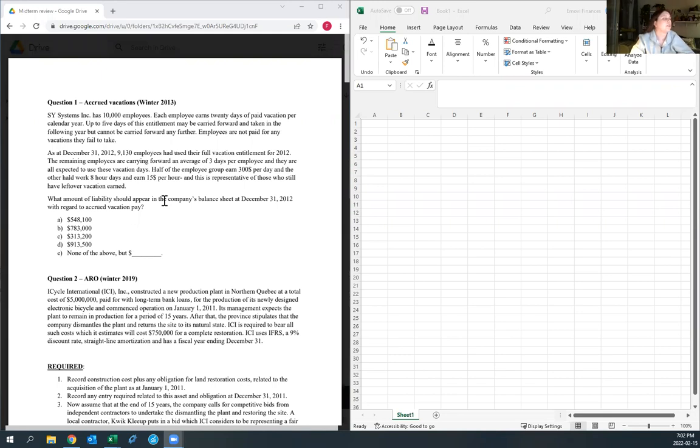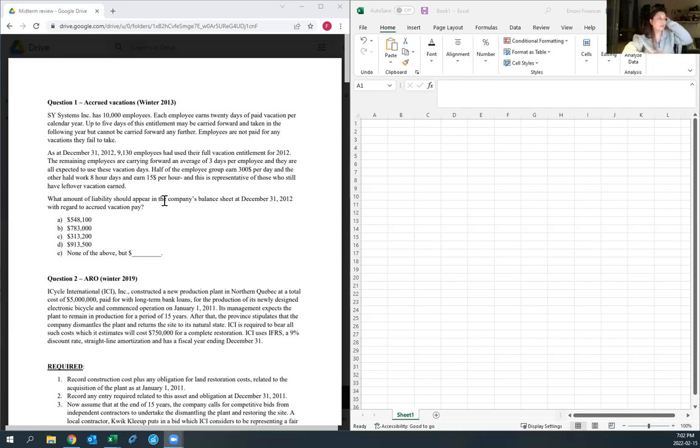9,130 employees had used their full vacation entitlement for 2012. The remaining employees are carrying forward an average of 3 days per employee, and they're all expected to use these vacations. Half of the employee group earns $300 per day, and the other half work 8-hour days and earn $15 per hour. And this is representative of those who still have leftover vacation earned. What amount of liability should appear in the company's balance sheet at December 31st, 2012 with regards to accrued vacation pay? And then they give us 5